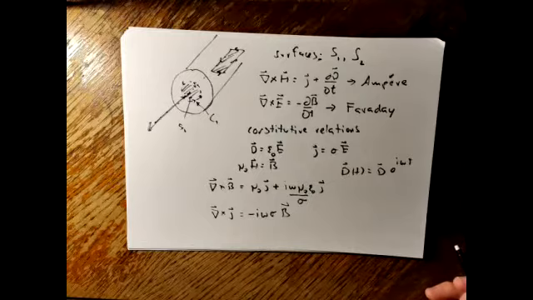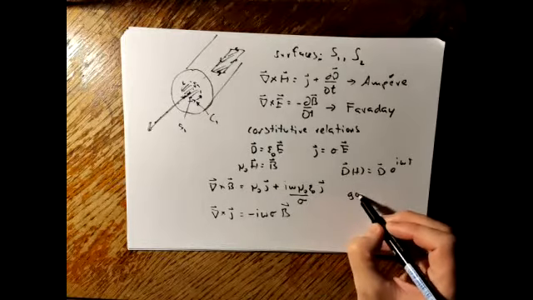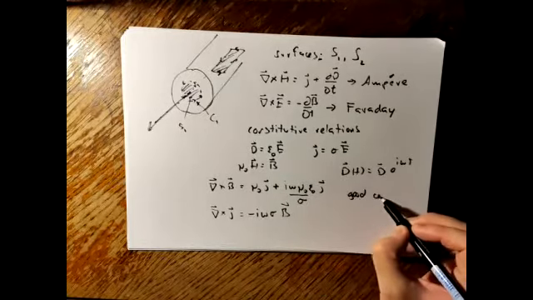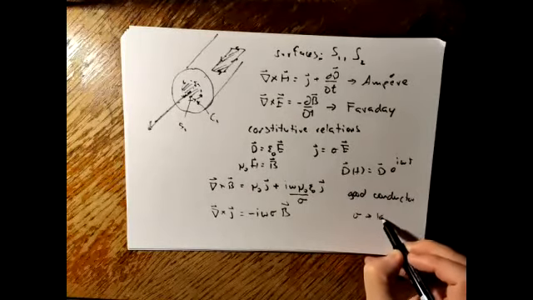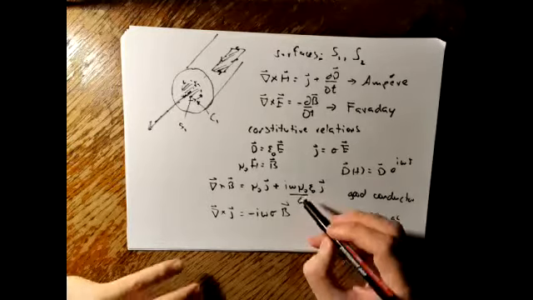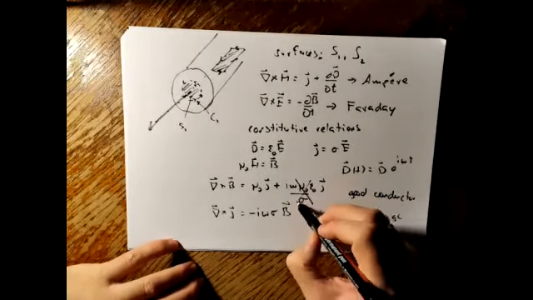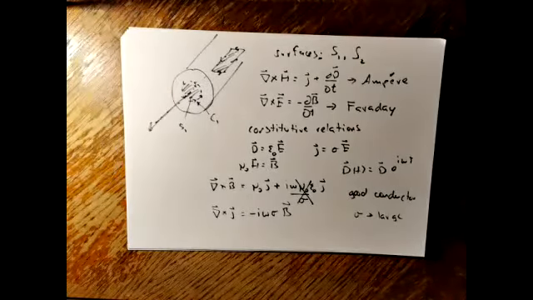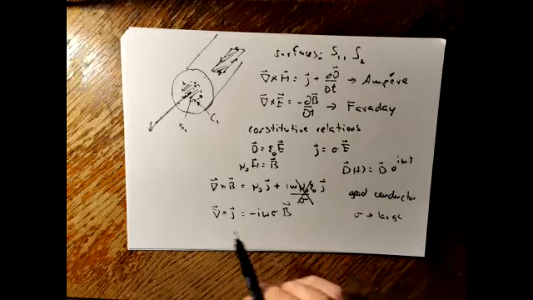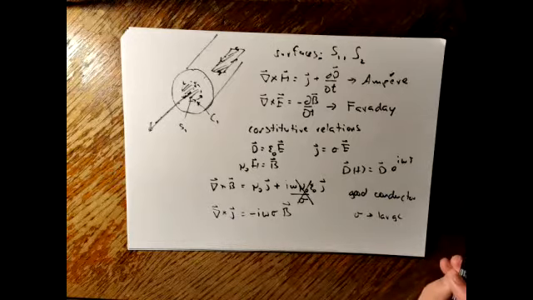And there's one other thing I will do, namely that if we have a good conductor, then sigma is large. Okay, so I can actually get rid of this. So I basically have a standard Ampere-type current, although it's by nature of this material. So we have a standard Ampere-type current. Okay, and these are my two equations, which I could in principle combine into a wave equation, but I want